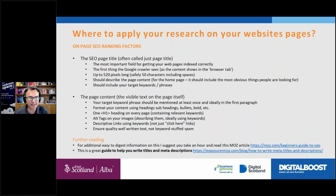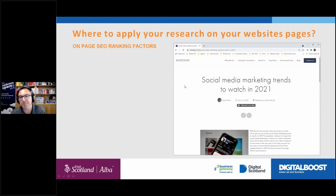Then beyond that, it's the content, what we call the body text, the words, the stuff which is simply visible when anybody is looking at your individual pages. Now, again, there are loads of detailed links and guides throughout the presentation, which if you really get into your SEO, you will certainly want to go and look at a little bit more. Let me take this slide and just bring it to life